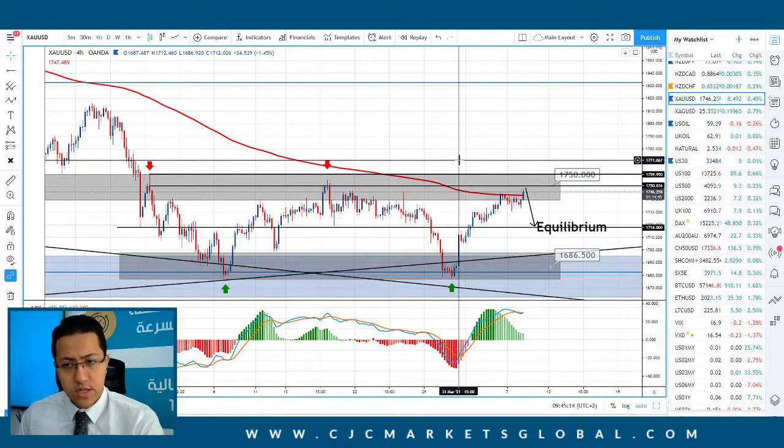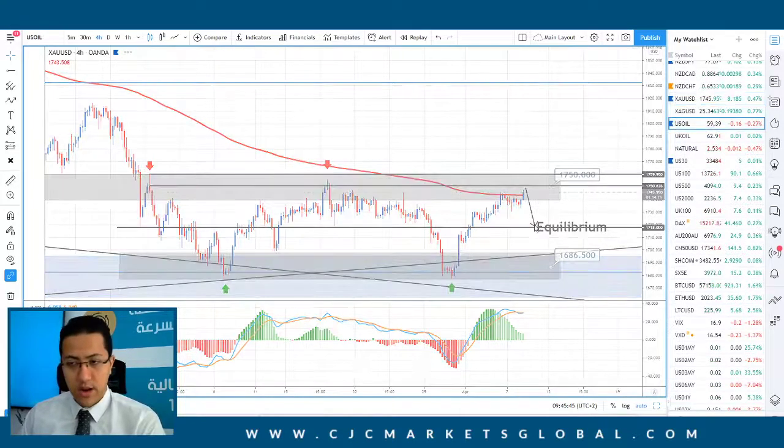So gold from 1750 to 1760 is a good turning point in the market. It's a brilliant resistance zone. We will just retest this level, and we'll be waiting for the price action, either a reversal to 1780 or probably a continuation to the upside to have more gains on the gold trading, and that's what we're having during the day. So we are waiting for a confirmation on the dollar index just around the 92 level, and on the gold trading just around the 1750 to 1760 strong resistance level that we're having here.